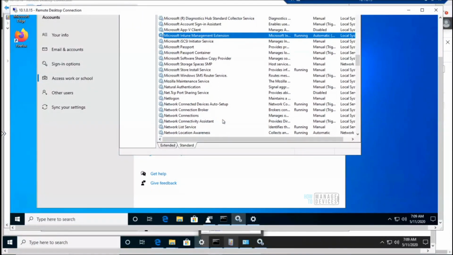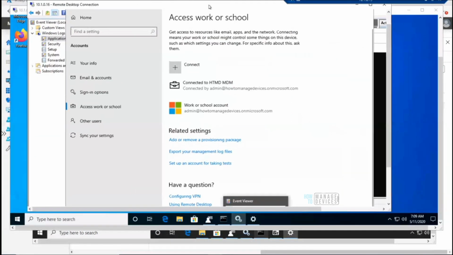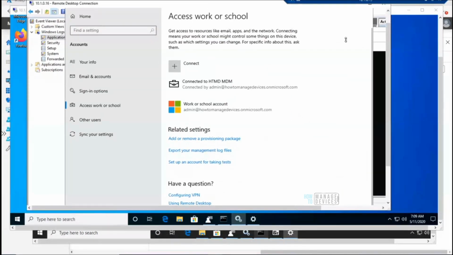So that means the Intune management extension, or Intune Win32, is only and only supported with Azure AD joined devices, right? So you cannot deploy an Intune Win32 application at the moment to Azure AD registered devices.